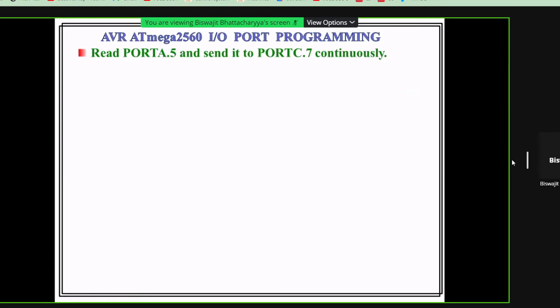Next program. Read port A.5. A.5 means the D5 pin of port A. Read D5 pin of port A and send the pin status to port C.7.